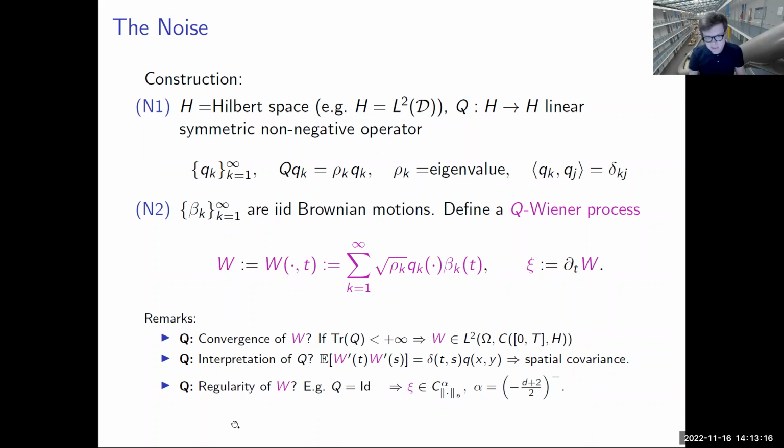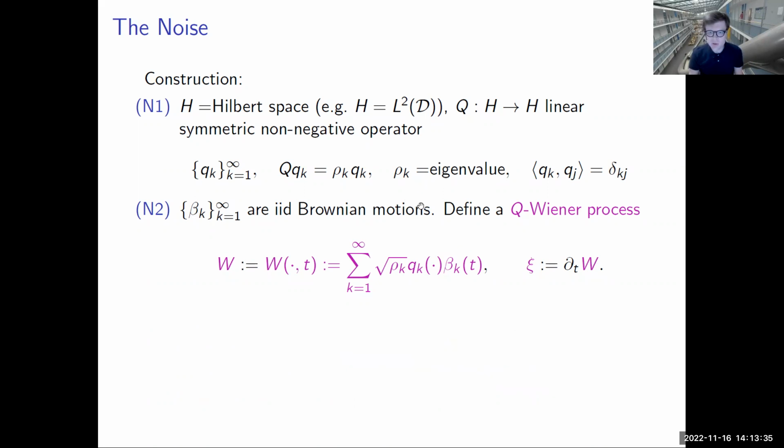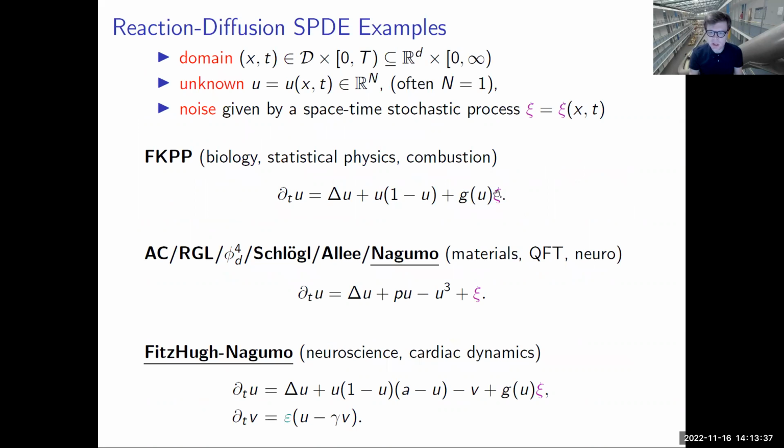And then there's a mathematical remark. The regularity is usually pretty ugly. As I say, this psi, which is the time derivative of W, is usually only a distribution, a generalized function, and it only has negative regularity in some funny Hölder space. So it's pretty bad. This is one of the problems of this whole business, that the forcing you are applying to your equation, which you can think of as a space and time dependent forcing, is a pretty ugly guy. And that gives you lots of technical complications.